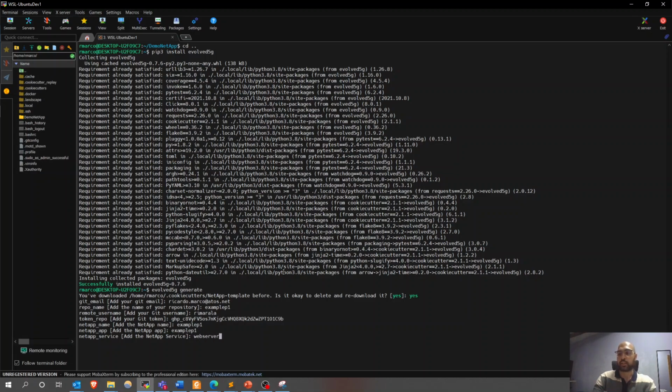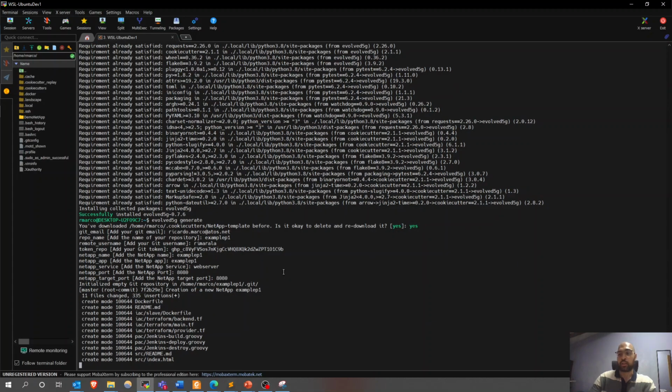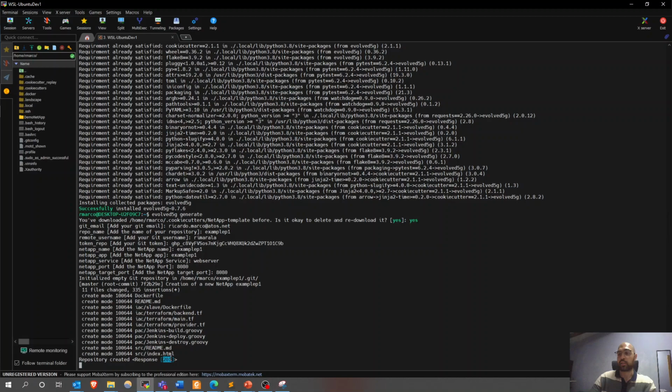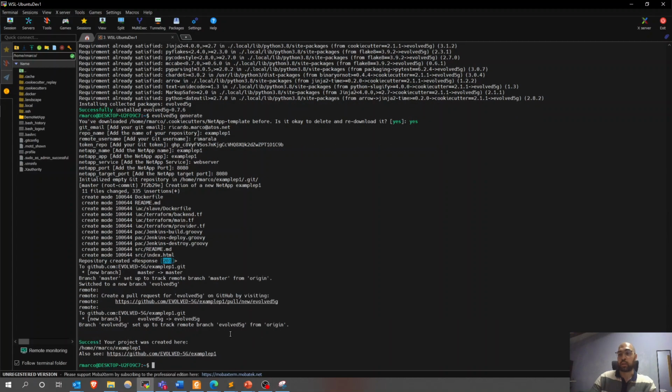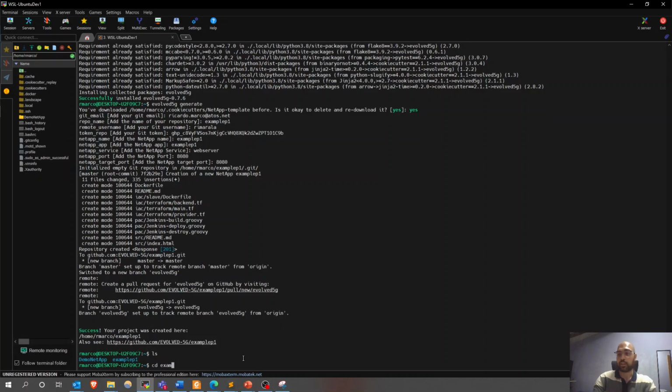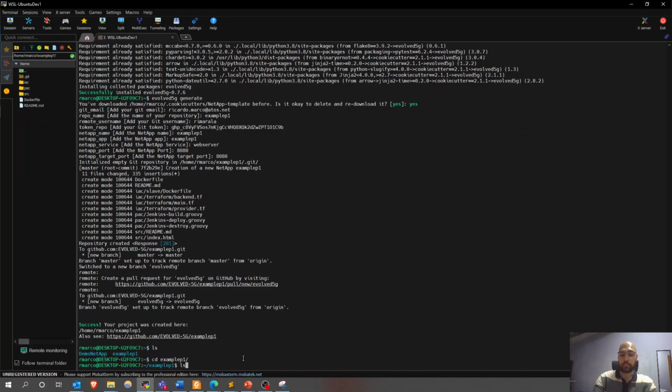I'm just putting as an example that we are providing a web server, the port that your NetApp is using, and also the port that your NetApp is targeting to expose those services. So if everything goes as planned, we will receive a 201 code, which means that it is a success. And you have here the path where your repository is created locally, and also where your repository is created in GitHub. Okay, so if we list the files here, we can see that we have this folder here, which